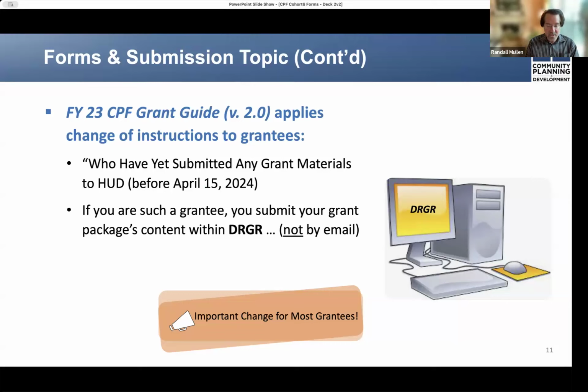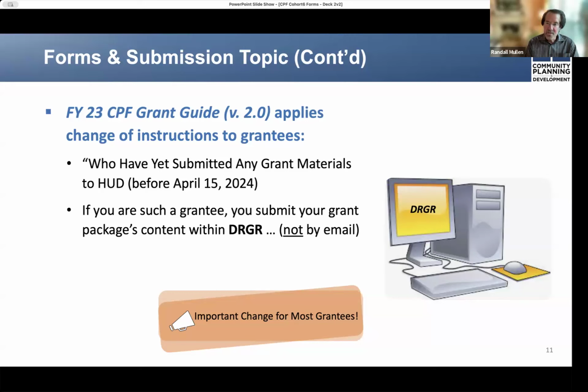And HUD will execute a grant agreement after having reviewed and approved your complete submission via the new process. As indicated here, this is an important change for most grantees, and it means going forward, those grantees will benefit from a new improved submission process that utilizes a customized module within the same system that will permit your use of CPF grant funds. For many of you, therefore, this may be considered welcome news.